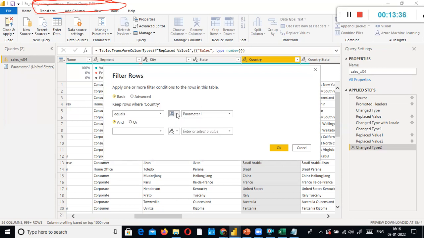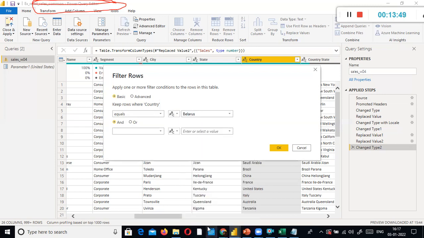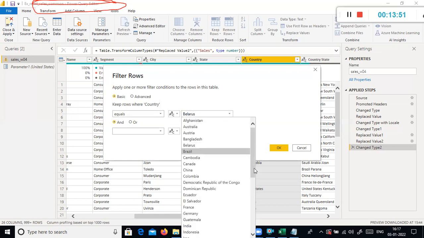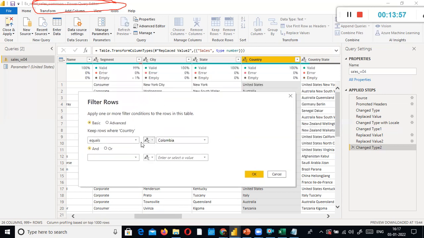So if you filter the data, you want to filter where country is equal to something. Let me do it. I go here and say United States, or let's say Colombia. When you use this condition, it will filter only Colombia related data.